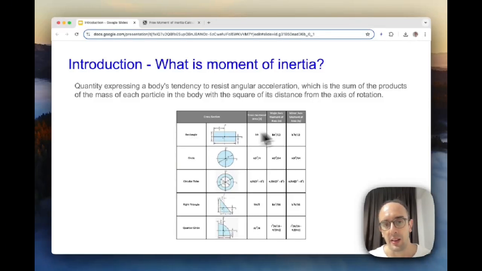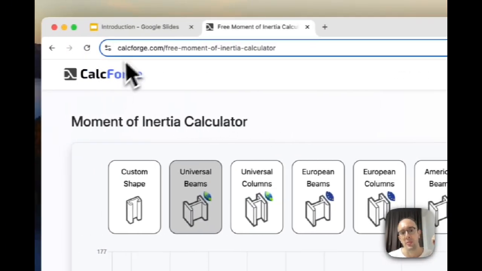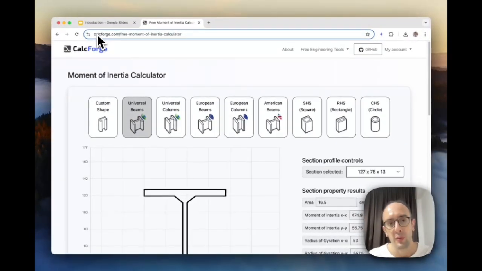Here you can see some examples of commonly used shapes, things like rectangles, circles, tubes, triangles. And here are some of the properties that we calculated, like cross-sectional area, and also these moments of inertia. Here you can see one for rectangles, one for circles. But sometimes we have unusual shapes, which can be non-symmetrical, or can be combinations of these shapes put together. So we can use some software to help us to design these. What I'm going to show you here is some free software to help us do that. If you go over to this website,